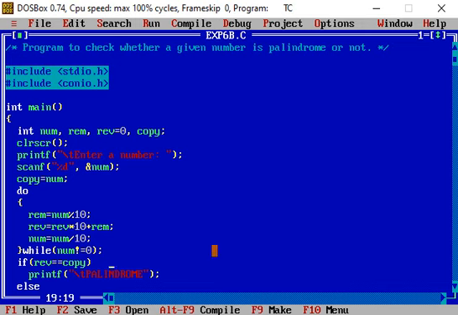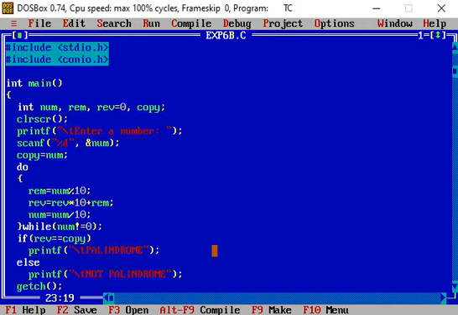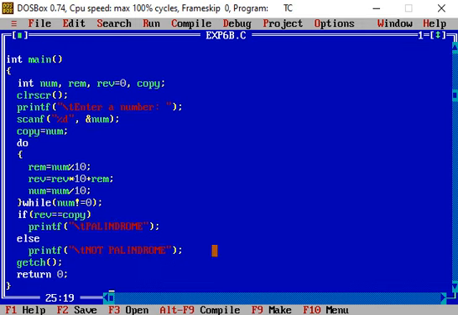Out of the while loop, we see that an if statement is there. Using the if statement, we check the condition rev equal equal copy. Here it is a relational operator. Using the relational operator, we check whether the value of rev is equal to the value of copy.